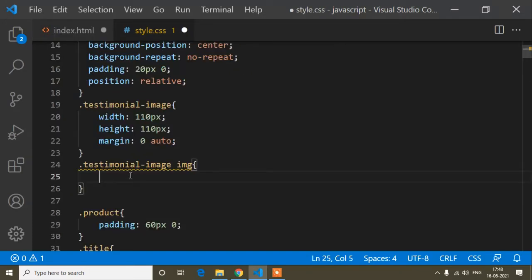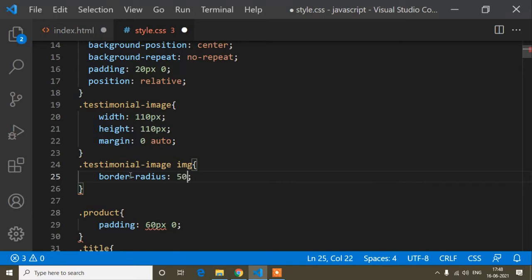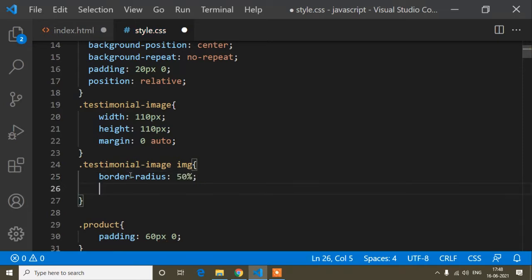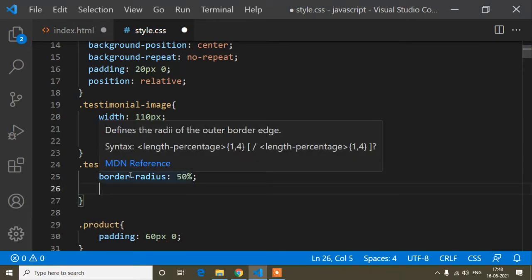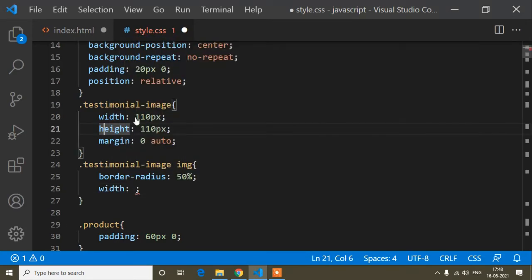So now first of all I will make this image round. I will write border radius is 50%, and here I will set width and height. For width and height you can write the same as this parent class, whatever I have set here, otherwise you can write 100%.